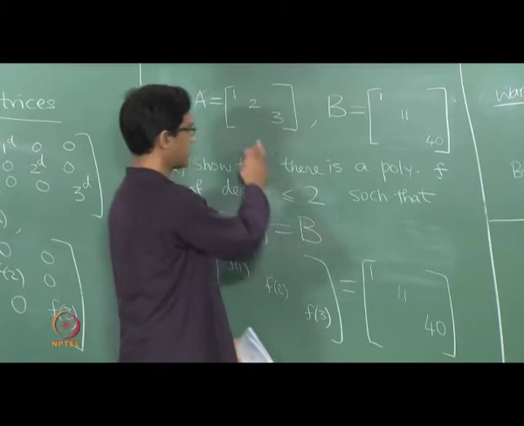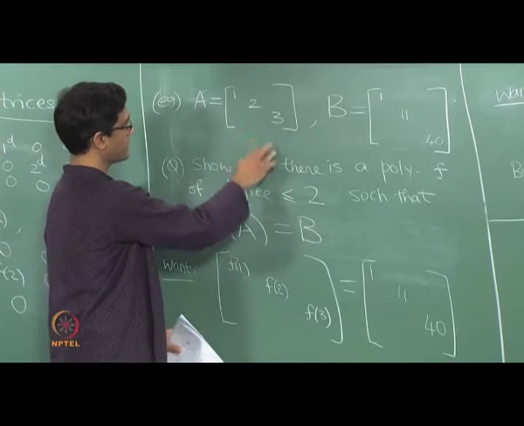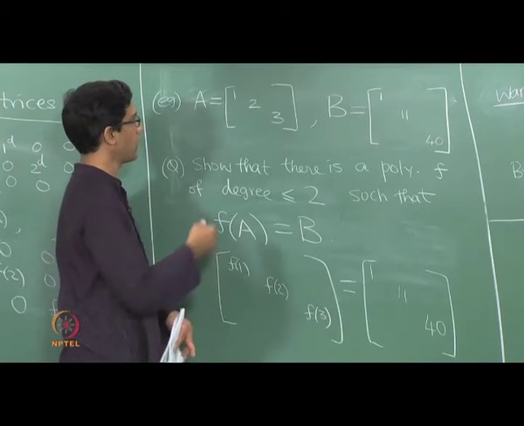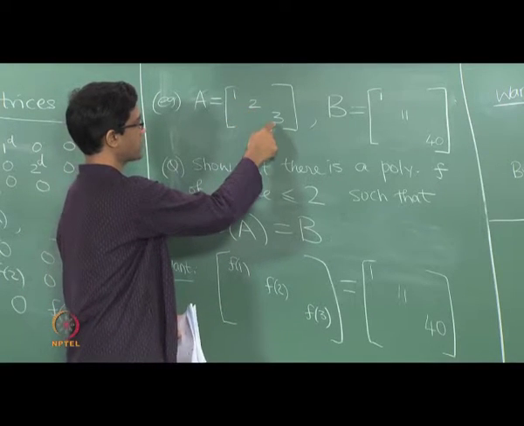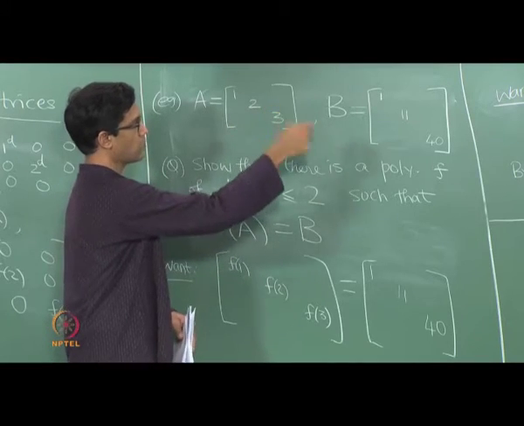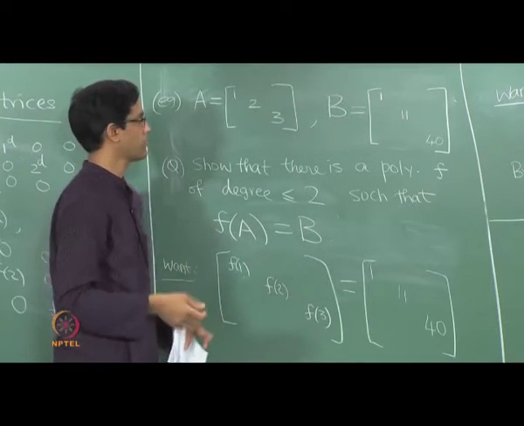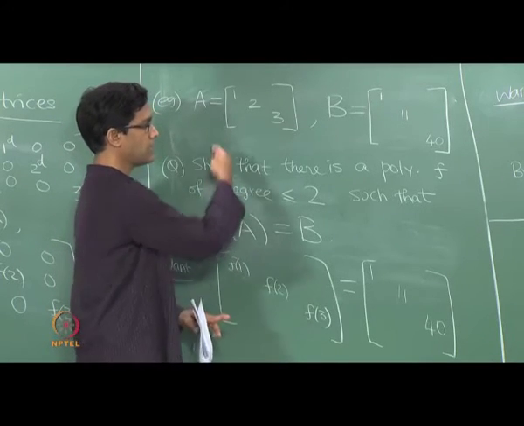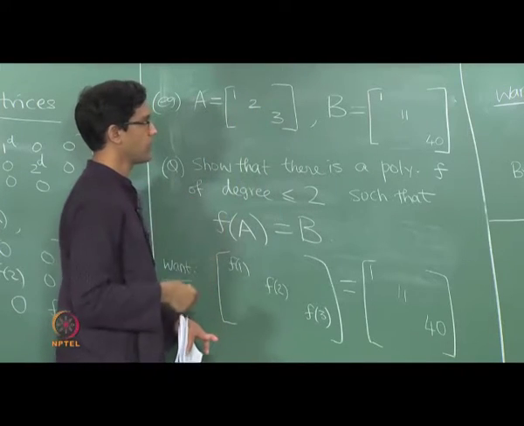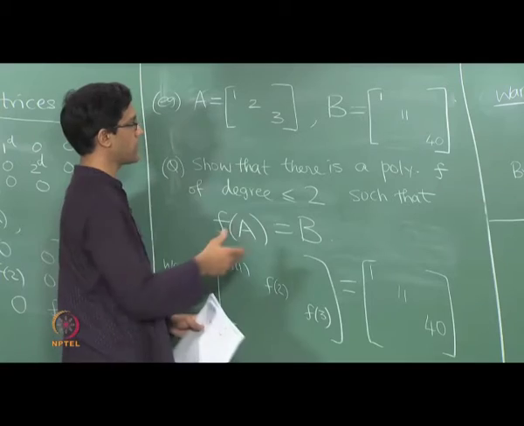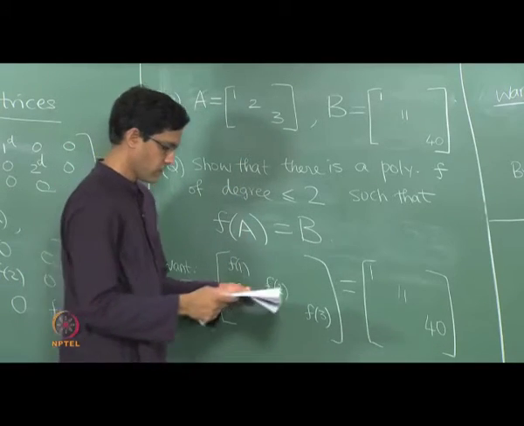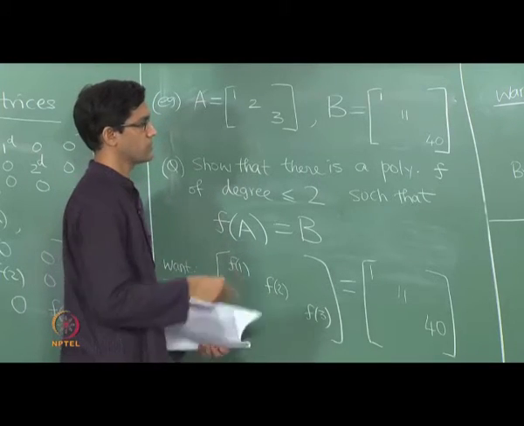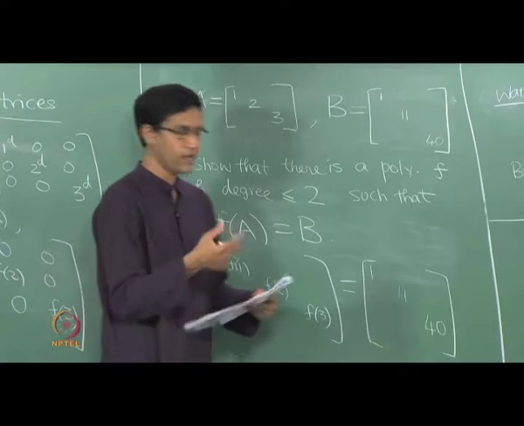Okay. And again, there is nothing too sacred about this diagonal matrix. Any diagonal matrix with 3 distinct entries would have done the job, because for polynomial interpolation, recall what you need is x1, x2, x3 to be 3 distinct numbers. y1, y2, y3 could be equal, there is no harm there. So what we have really done is to show that if you start with any diagonal matrix with 3 distinct entries, you can obtain every other diagonal matrix just by applying some polynomial to that diagonal matrix. Okay. So I encourage you to work out a few more examples, play with this a little bit more, maybe with somewhat higher dimensions and so on.